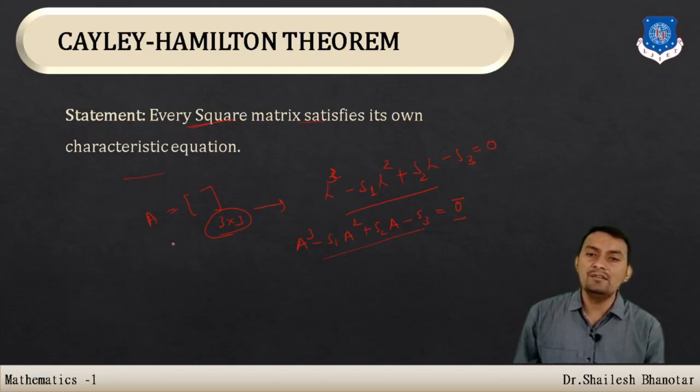We know that whenever A is a square matrix of order 3, its characteristic equation will be lambda cube minus s1 lambda square plus s2 lambda minus s3 is equal to 0. You all know that s1 is nothing but the trace of the matrix A. Suppose we are given 1 2 3, 0 2 5, 0 0 6. So in that case we take 1, 2 and 6, and the sum of these three elements will be the trace of the matrix A. Second, s2 says what?